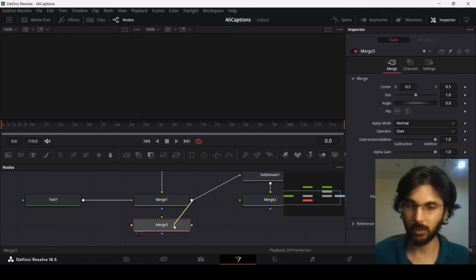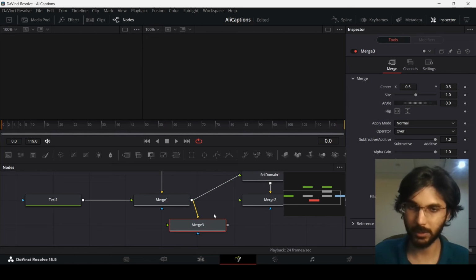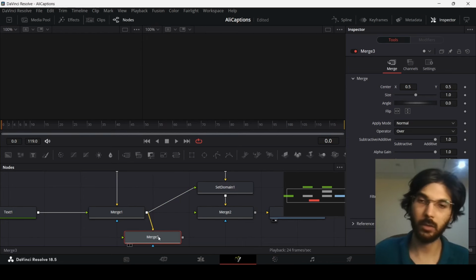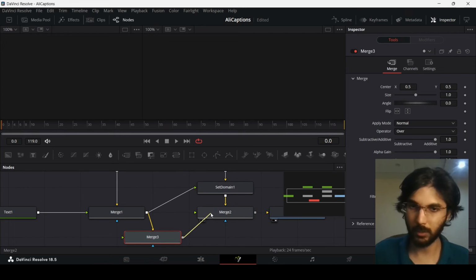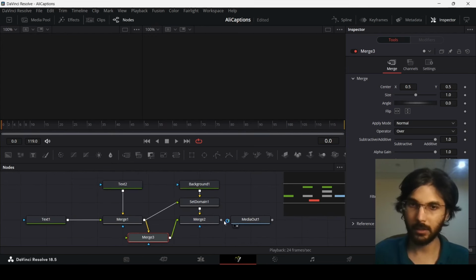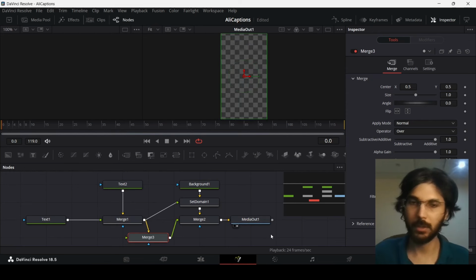So connect this one to the merge 3, and once again, make sure you're pressing the Alt and select background this time. So over here, we have this green line for the set domain. The merge one is going with a green line for the set domain, but it has this yellow line, which is the background line, basically the background input into the merge 3. And now we're going to connect the merge 3 with the merge 2, and once again, press Alt and select foreground. And once again, we get this green line. And now if you connect the merge 2 to the media out,